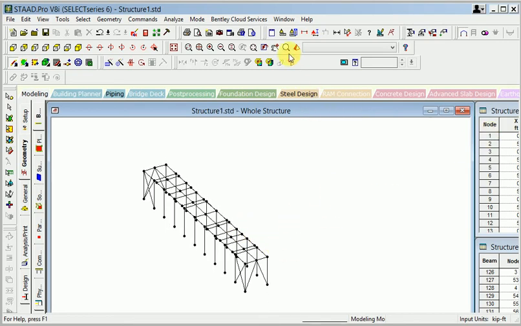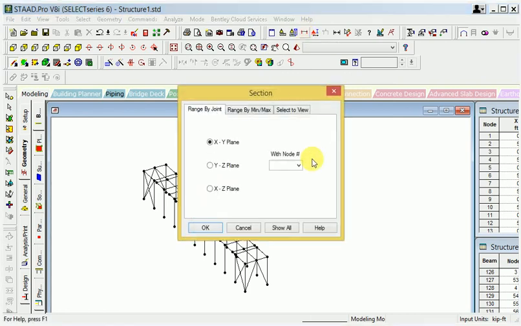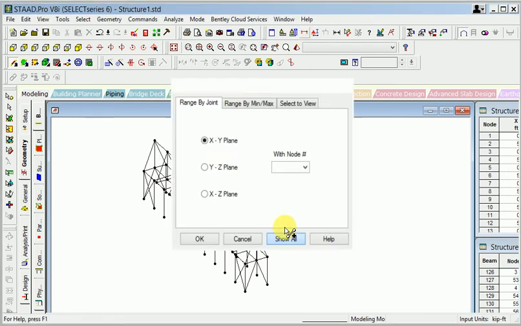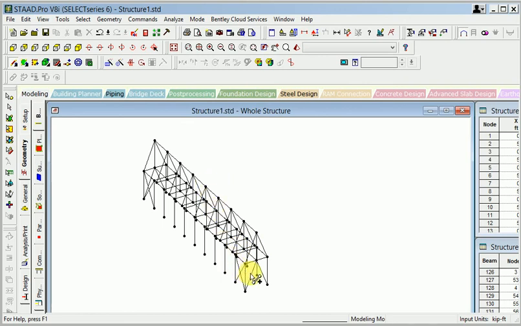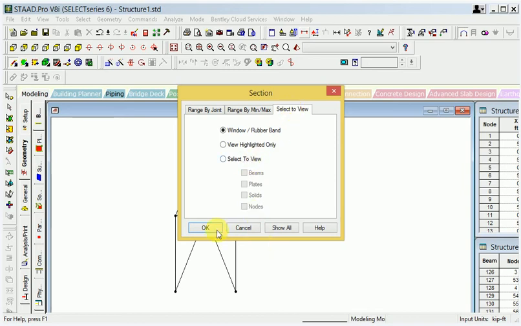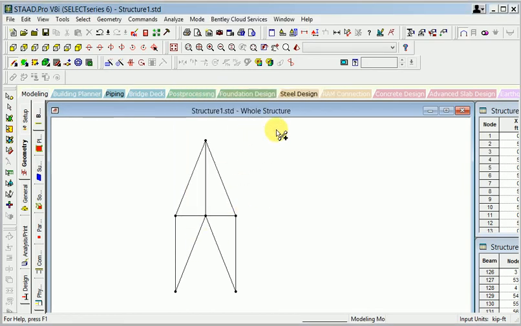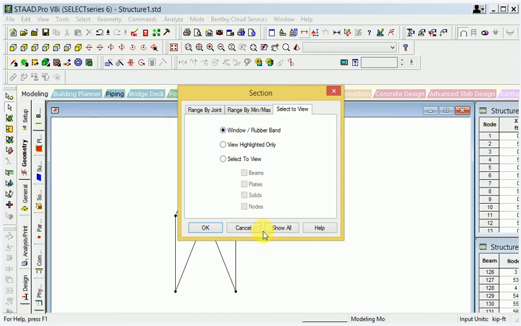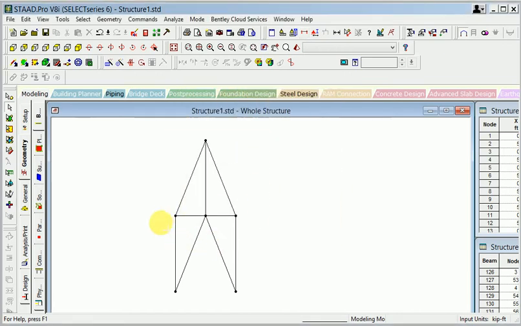When again I show you cut section, and so this is show all. So here you can see that we have done the work, then after I show you the upward direction. When again I show you how to cut section, I will click this rubber band, use the rubber band, and click here. You can see that. And now I will continue to work.